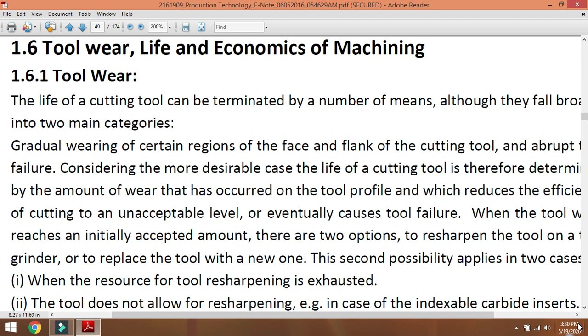How do we identify that the tool gives unsatisfactory performance? Loss of dimensional accuracy, increased surface roughness and increased power requirements. The unsatisfactory performance results from tool wear due to its continued use. This will result in loss of production due to machine downtime, in addition to the cost of replacing or reconditioning the tool. Thus the study of tool wear is very important from the standpoint of performance and economics.